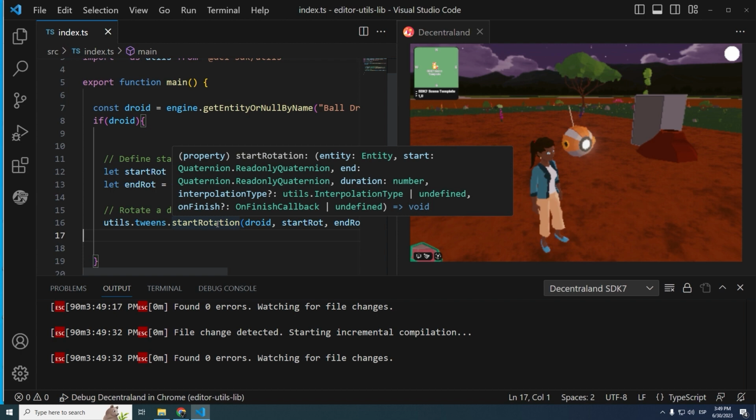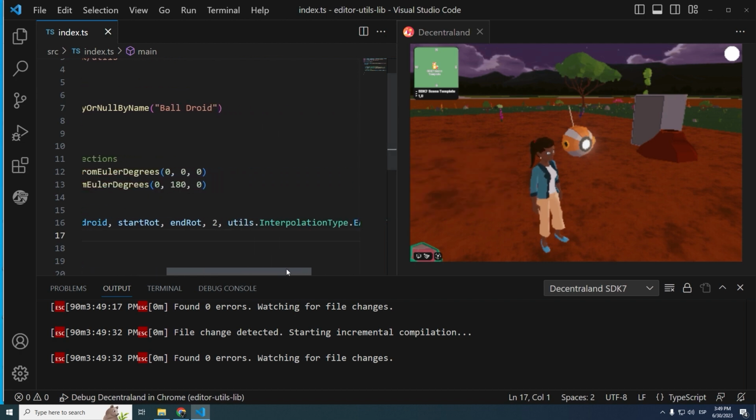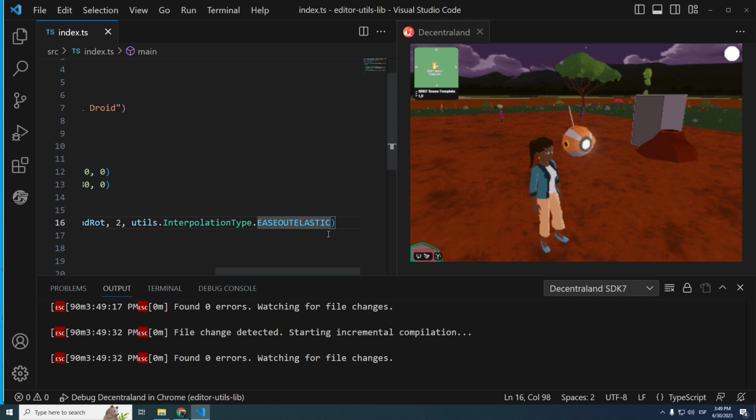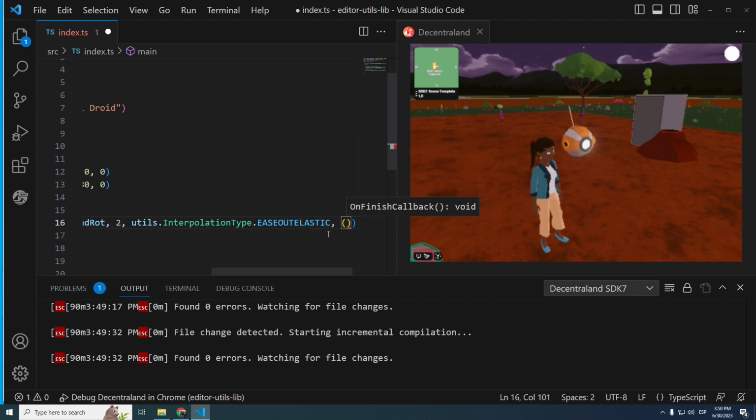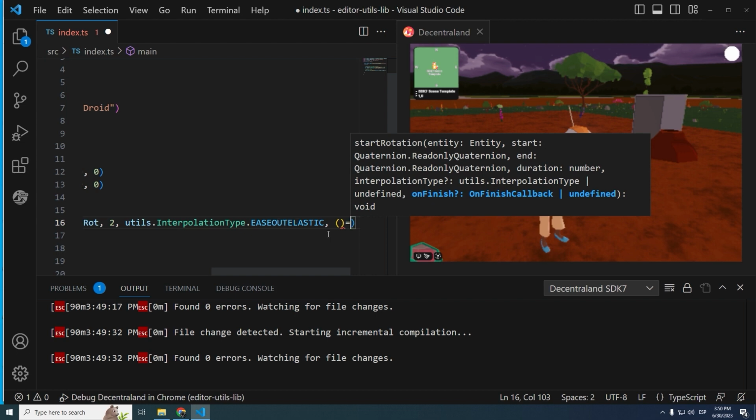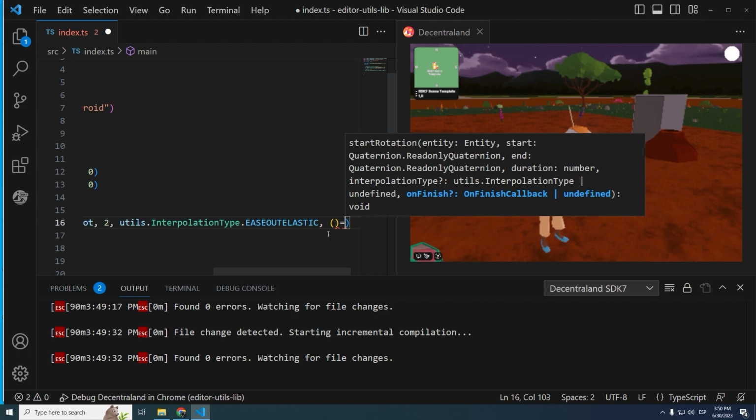I mentioned that there were two optional arguments. One of them is what we just saw, the interpolation type. The final one is onFinish. What onFinish does is it lets us run a whole other function when the transition has finished. So in this case, after 2 seconds of running a rotation, we're now able to run some other